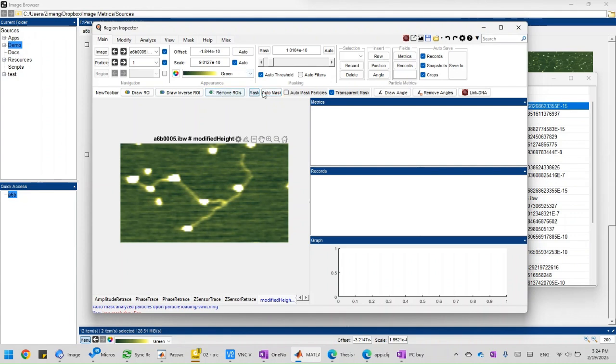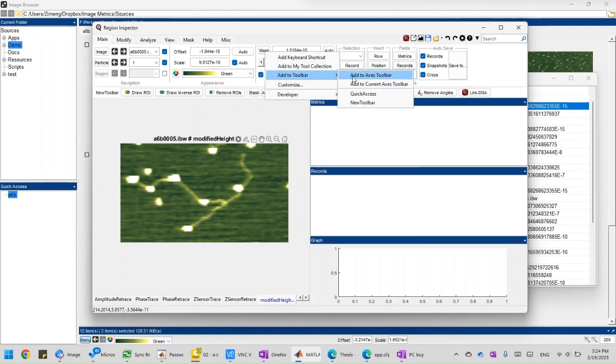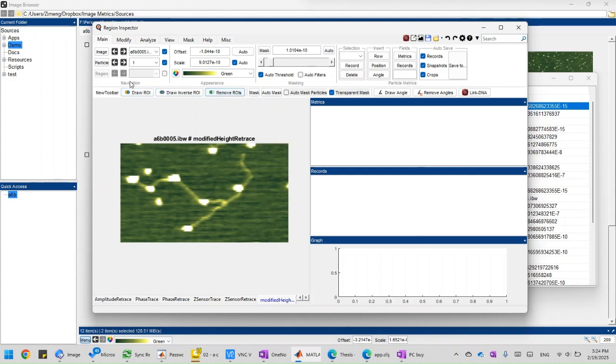And if you want to put your tool into this toolbar, you can simply right click a tool and then click add to a toolbar of your choice. So I'm not going to do that right now. I already have my tools added. And if you need to find the tools, you can find